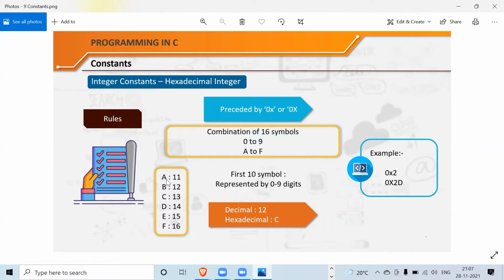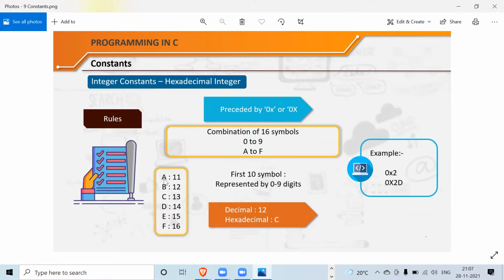Let me give a simpler example. In the decimal number system, the value of 9 is how much? It's 9. But at what place does it come? It comes at the 10th place. It is the 10th whole number, because from 0 the whole numbers start: 0, 1, 2, 3, 4, 5, 6, 7, 8, 9. So the 10th whole number is 9, but the value of 9 is 9.